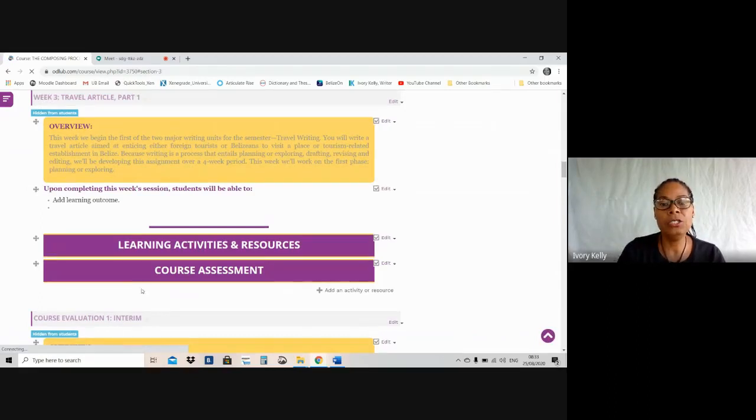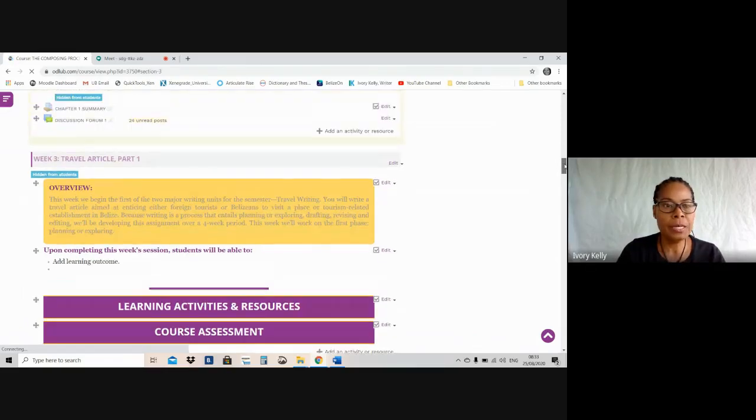And there I have my two labels, which suffice for me. Good. All right. So far in populating this week, I have inserted the topic for the week, the overview for the week, and now I'm going to insert the learning outcomes or objectives for this week 3. And the standard wording that Odile has in the template for this says students, upon completing this session,